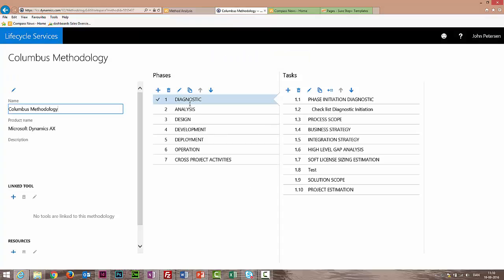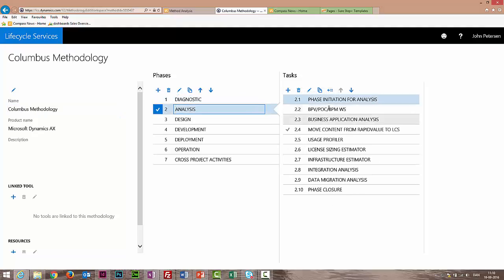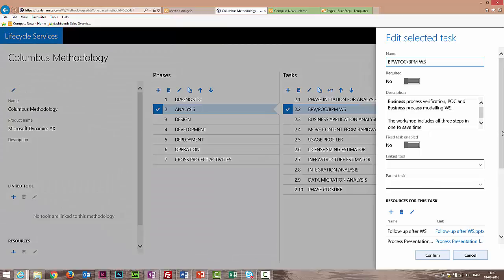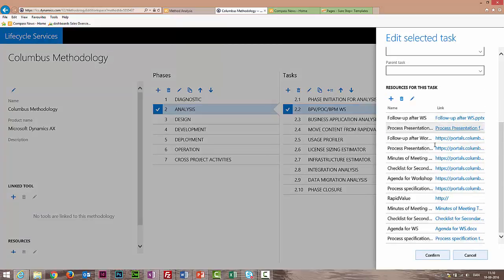then you can see you have diagnostic, analysis, design, and so on. This is not standard for Microsoft, of course. This is coming from our enablement guide, our SureStep Plus approach. And in here we have different activities, for example under diagnostic, and for example under analysis we have the same. And if I go underneath here, I have the possibility to go in and add the different